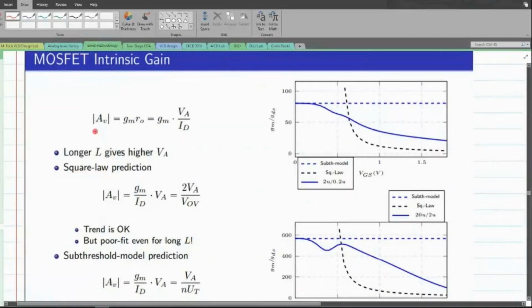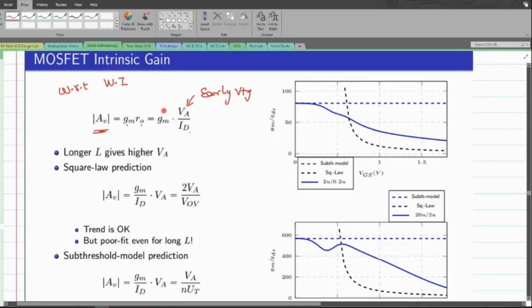In this case, first we'll look at the gain of this particular circuit. So we know that the gain can be written as GM times R out, and again, the R out can be written as VA, which is nothing but the early voltage, divided by the bias current of the circuit. So this bias current is right now the current that is defined in the weaker inversion. So whatever I'm trying to talk about right now is with respect to the weaker inversion. And the graph on the right side plots for all, but I'm just concerned about the maximum gain that I would attain from this particular transistor.